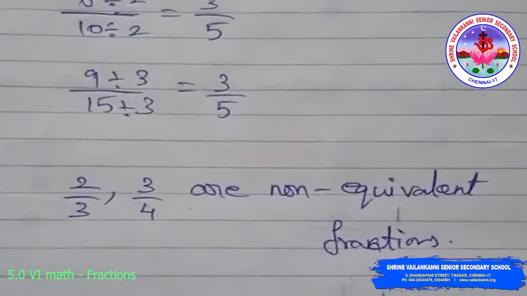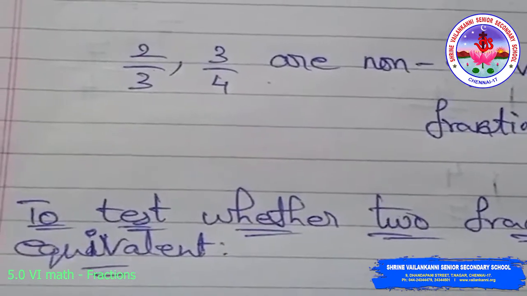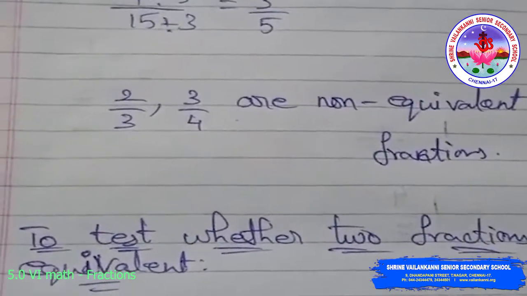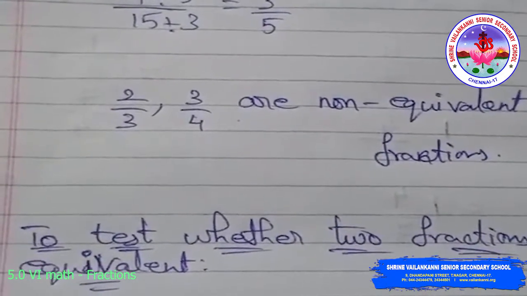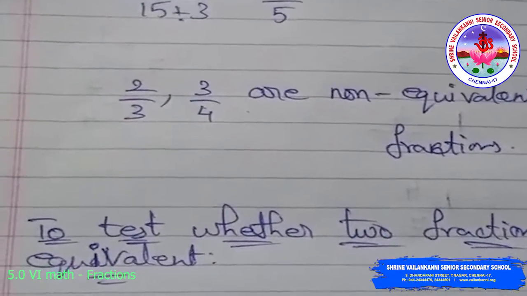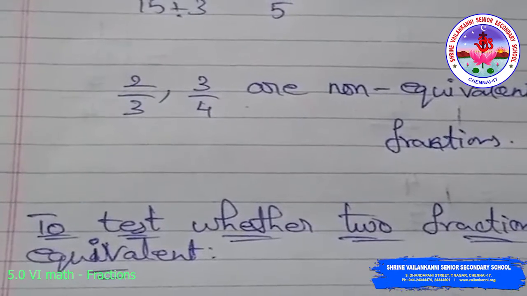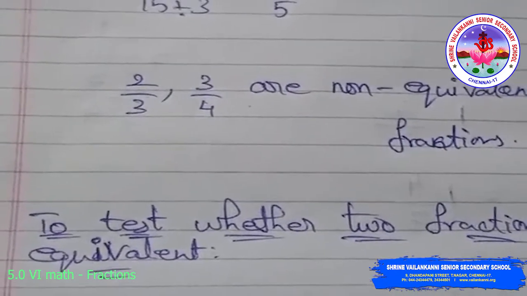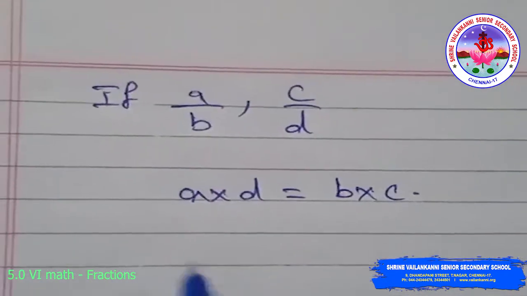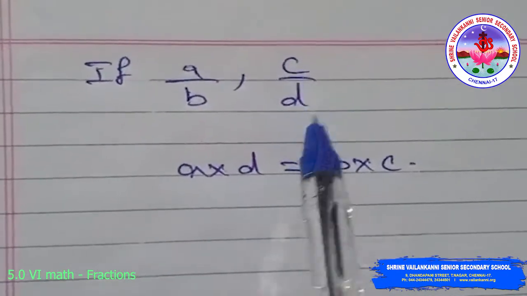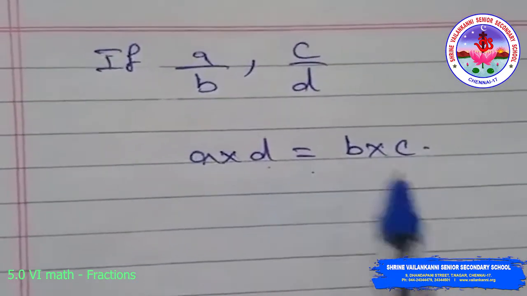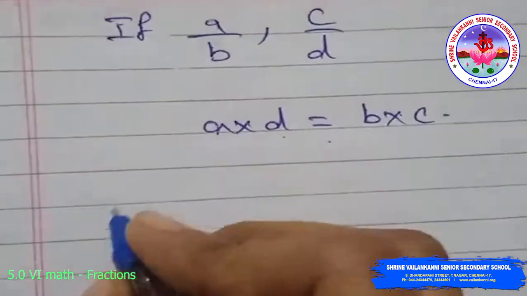Okay. Next topic is to test whether two fractions are equivalent. To test if two fractions are equivalent, find the cross product of the numerator of the first fraction with the denominator of the other fraction. If the cross products are equal, the fractions are equivalent. If a by b and c by d are two fractions such that a into d is equal to b into c. For example,